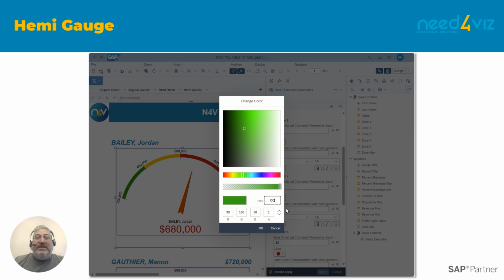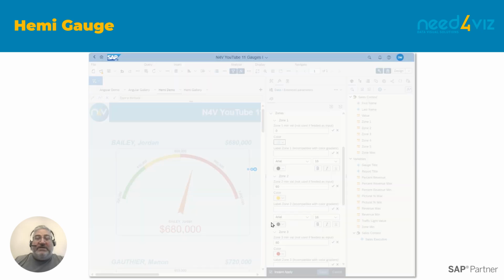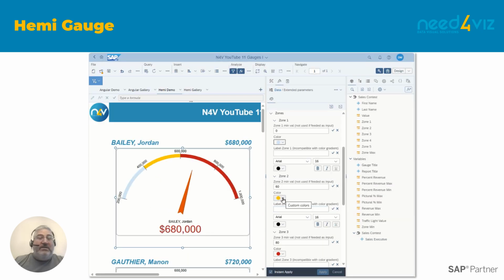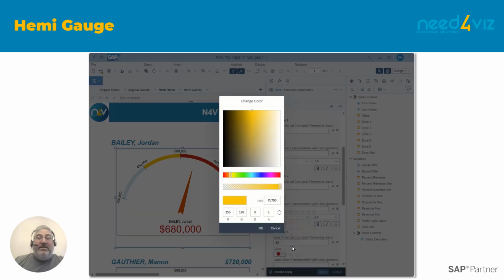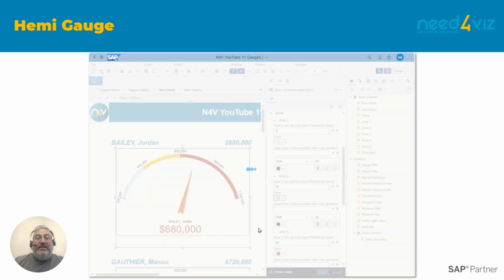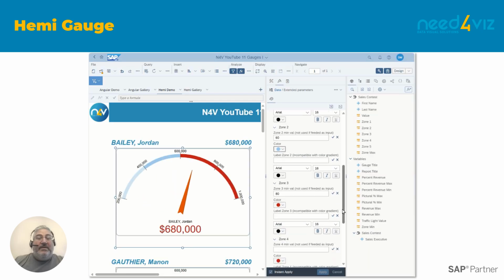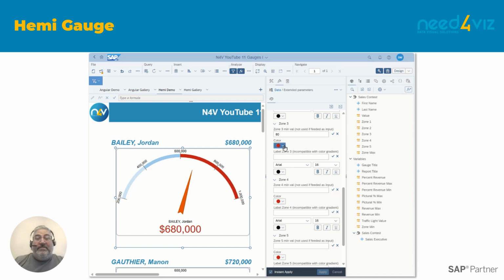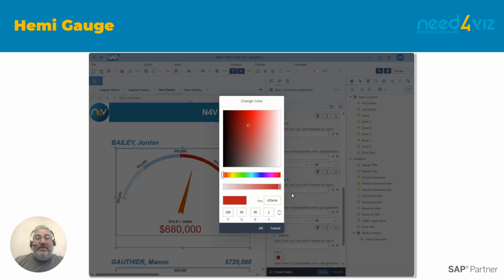So all I'm really doing here is setting the colors, and I've created a gradient of different shades of green. So each zone gets a progressively darker hue.